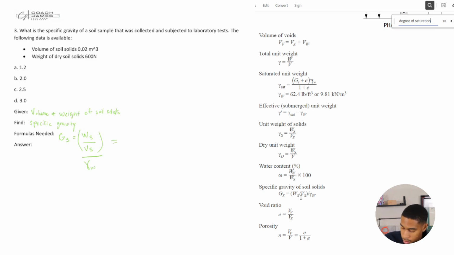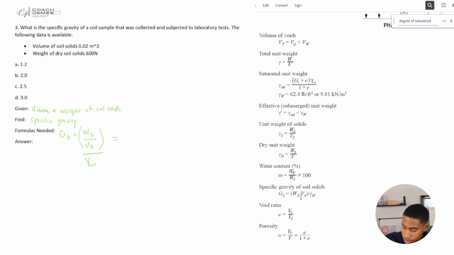All right, so WS is the weight of your dry solids, which is 600 newtons, divided by my volume of solids. That's my volume of solids. I get 0.02 meters cubed for that. That was given. And then what is my unit weight of water? Well, it's going to be our 9.81